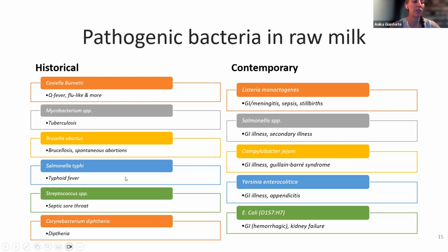Nowadays, a lot of these are on the back burner, and the pathogens we're most concerned about include Listeria monocytogenes. This is definitely the big one, and the one that the dairy industry is pretty scared of, because number one, it's highly pathogenic. About 20% of the people infected with Listeria monocytogenes who get listeriosis actually die. So it's a scary one, and it also